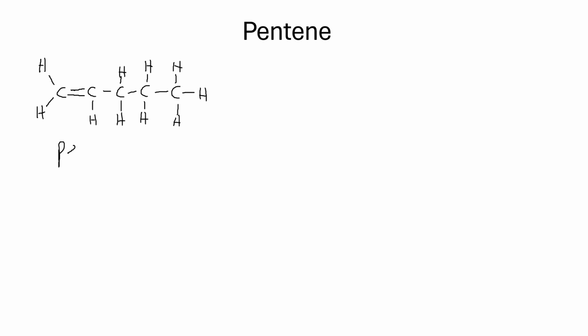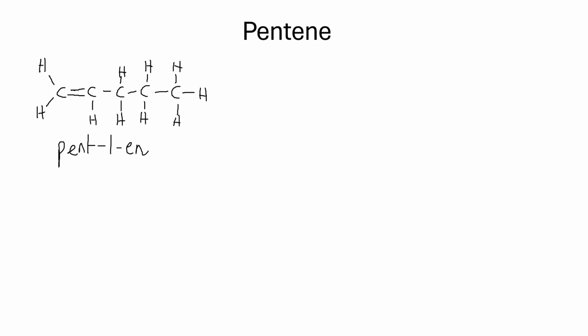For pentene, the first possibility, same as what we saw for butene, is that you've got your 5 carbon atoms, 1, 2, 3, 4, 5, and you put the double bond at the end, like this. Then you'd have your hydrogens, 2 on this end, 1 on this end, and then these are all single bonds, and then we add the hydrogens. Now, pent-1-ene, as it's called,